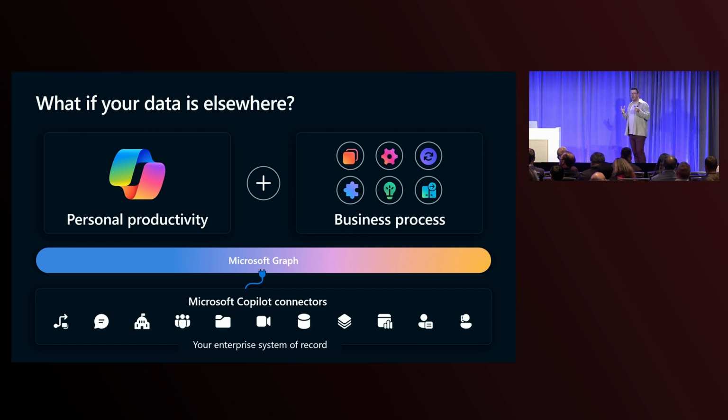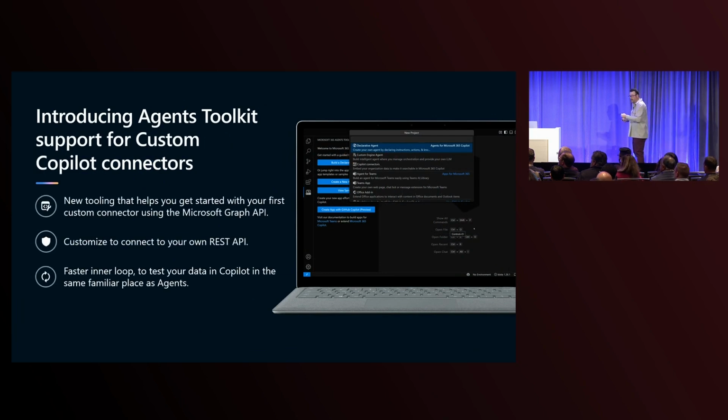So there's definitely an opportunity for developers to bring more data, more context directly inside Microsoft 365 through the use of Copilot Connector. So that's where we're really shifting now from the connectors we provide by default in the experience to bring your own data, any data. To help you do that, as part of the Microsoft 365 Agents Toolkit announcement we've done this week, we're also introducing capability to support building custom connectors right out of the box within the Agents Toolkit. You will get that tooling that's going to enable you to start really, really rapidly. Within 5 minutes, you're going to be able to start seeing data inside